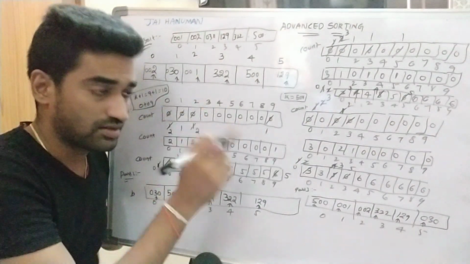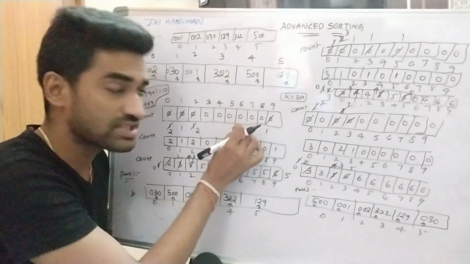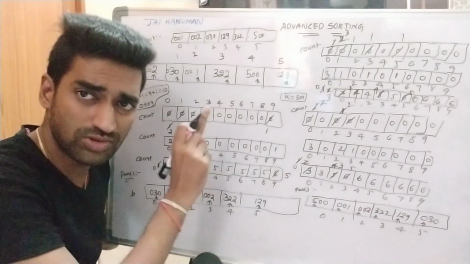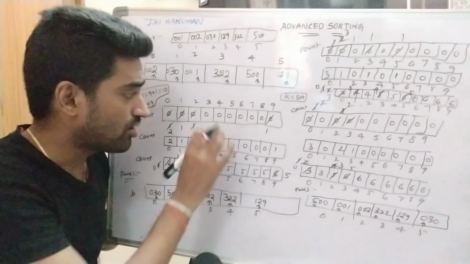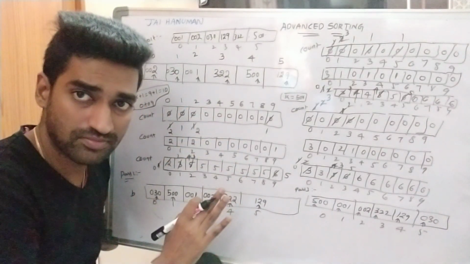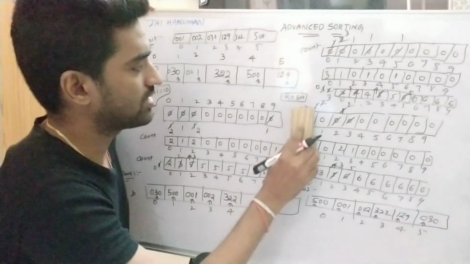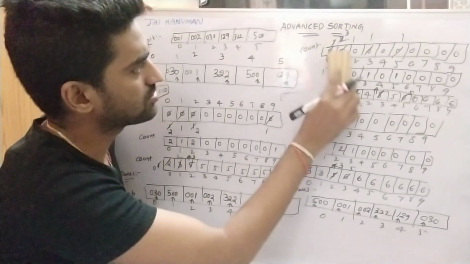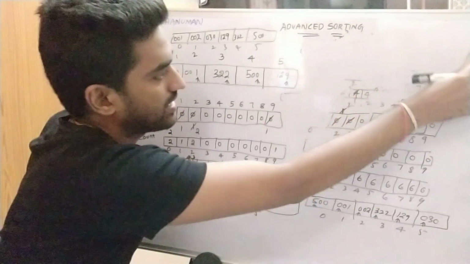My suggestion is, before watching this video, first go through the count sort video. You can understand everything there: how to update the count array and how to generate array B. This is the count sort mechanism, and we already wrote code for count sort. The same code is used, but small modifications are needed for radix sort.